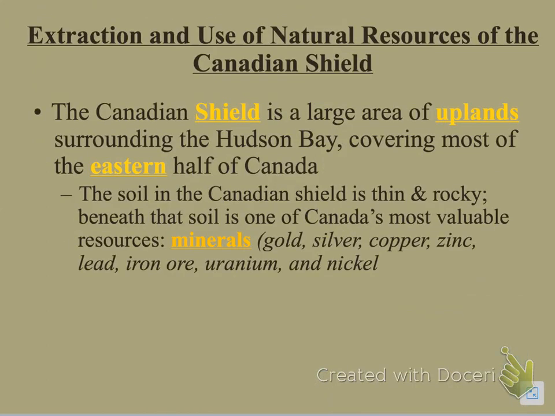The other problem that Canada experiences is the extraction and use of natural resources of the Canadian Shield. And we've talked about what exactly the Canadian Shield is a good bit. But the Canadian Shield is a large area of uplands surrounding the Hudson Bay, covering most of the eastern half of Canada. And the really big important thing to remember was that the soil in the Canadian Shield is thin